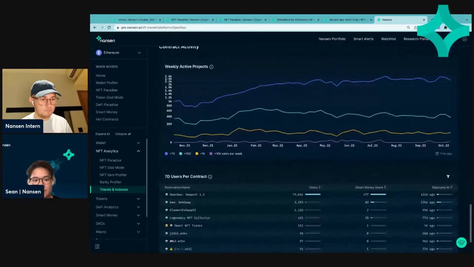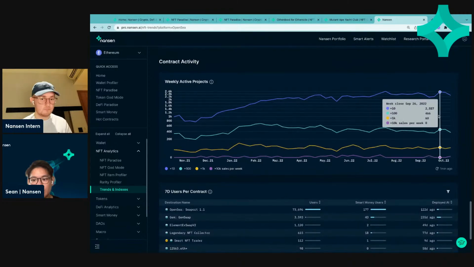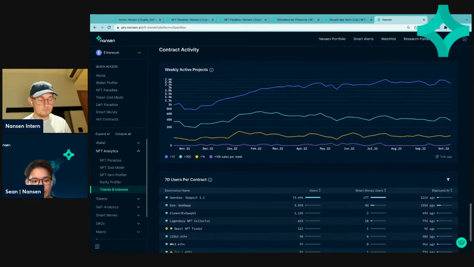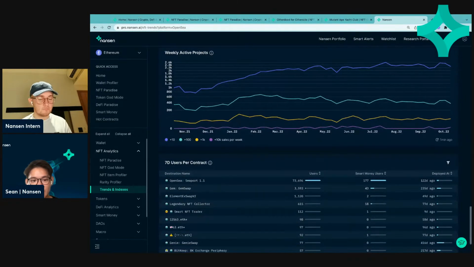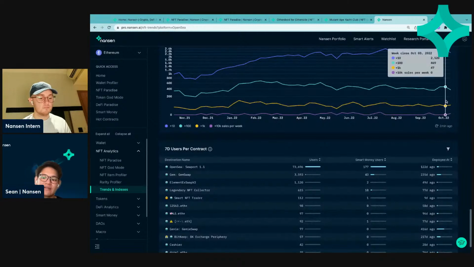Contract activity is something that's pretty interesting. Right now, we do it based on number of sales per week. But ultimately, I think we do want to look at volume as well, just because sales can sometimes be really different from volume. You can have a smart contract that has a high number of mints, right? But if the price is low, you can imagine the volume not being that significant. And this is interesting because it helps you gauge the level of